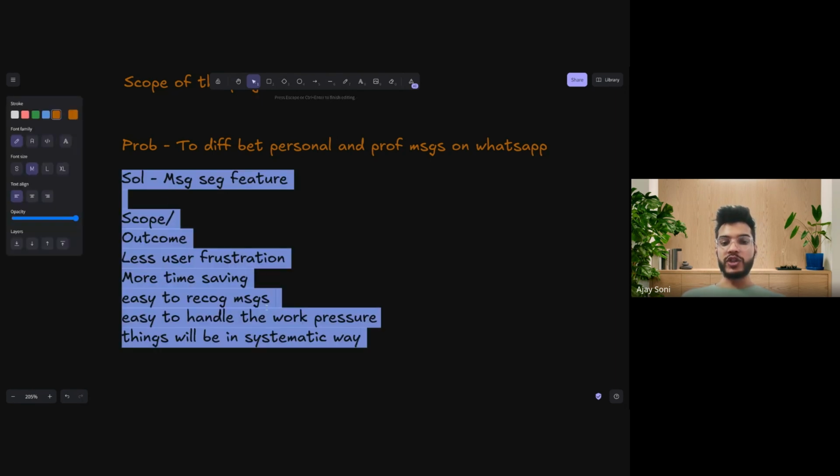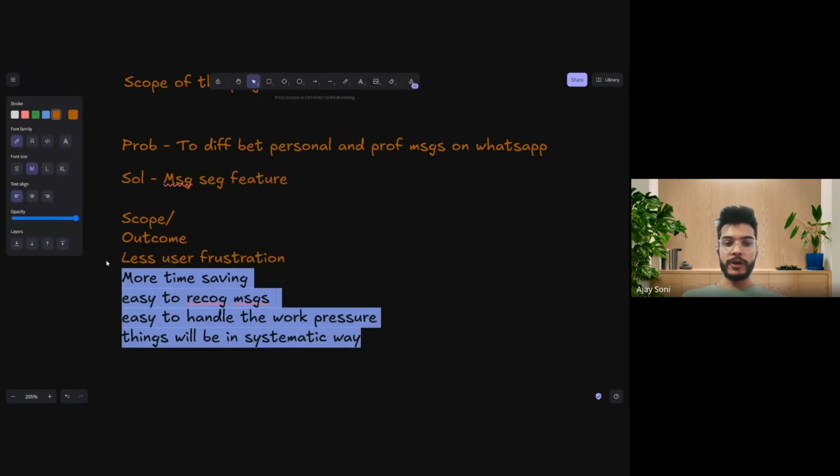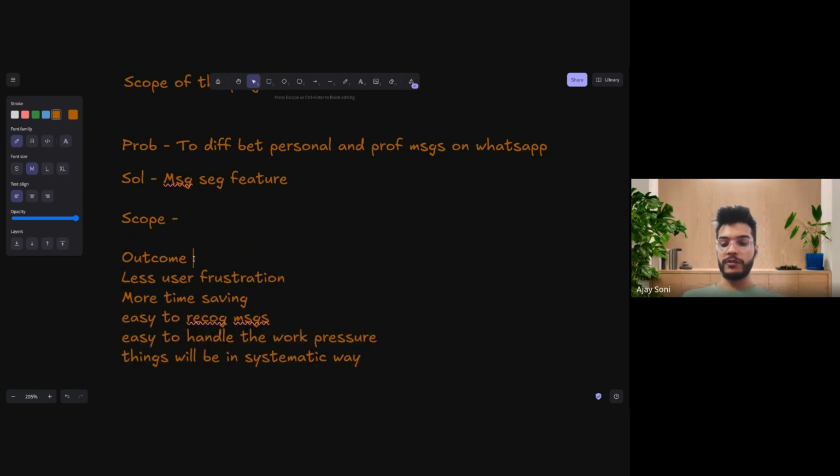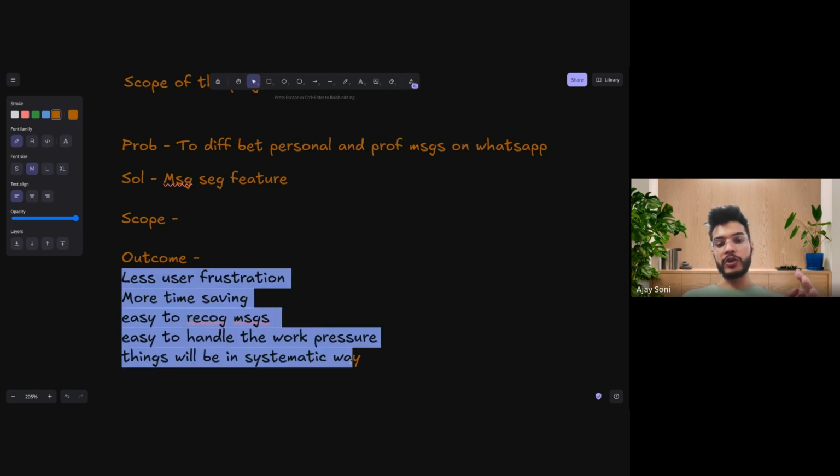And same thing, if we copy from here and make two points here, then we will try to relate it with the outcome, right? So scope is something, the changes that we can make in people's life, you can say. Scope is related to that only. If we are able to measure the outcomes or the solutions that we can provide, the same things are going to fit into the scope also, right?